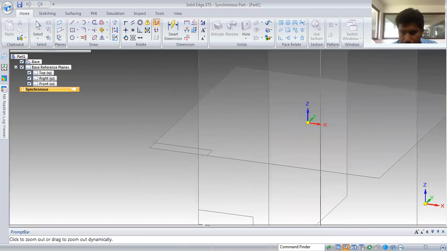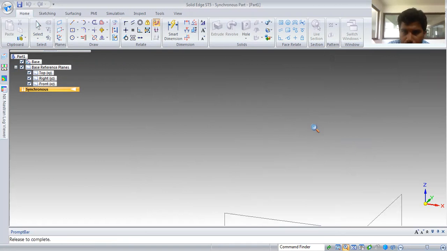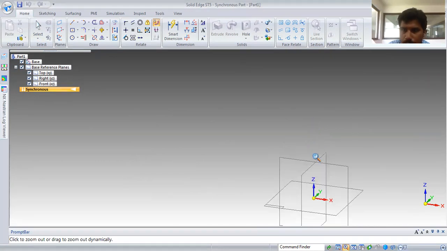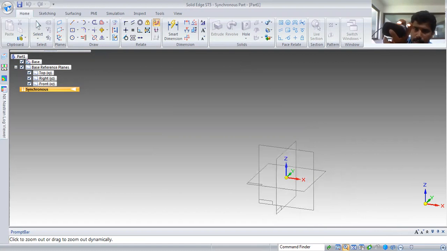You can also use your mouse center button to zoom in and zoom out. You can see I am doing this one. The center button will help you do all these things.